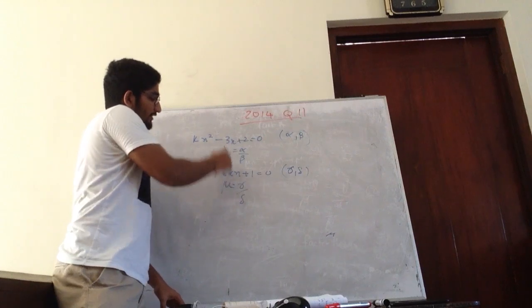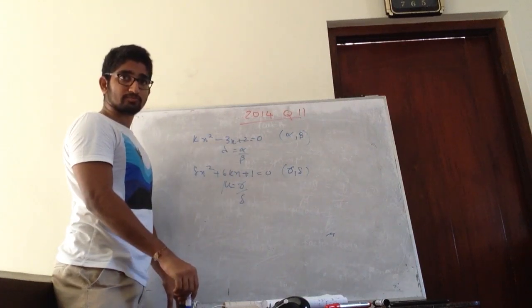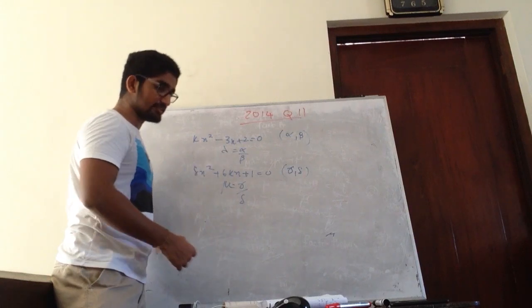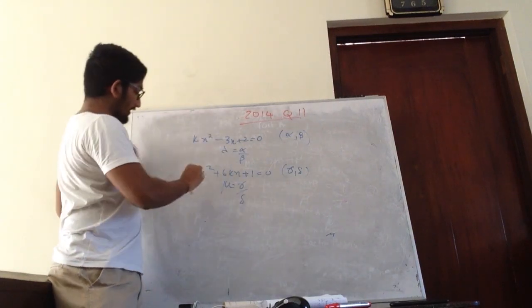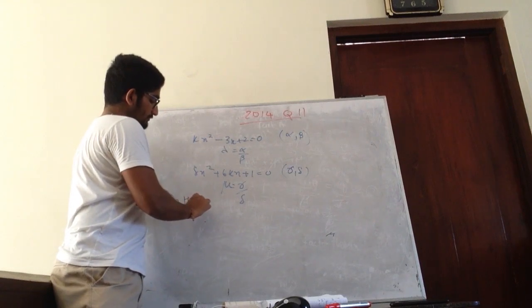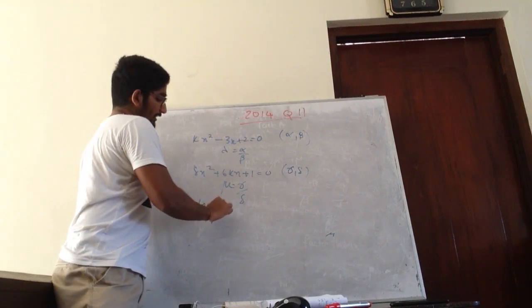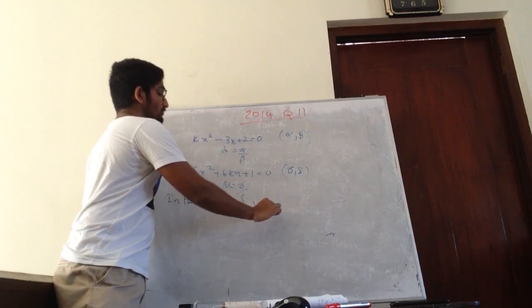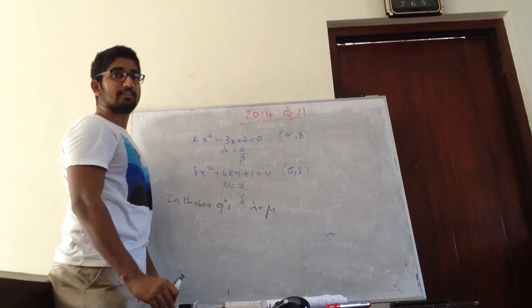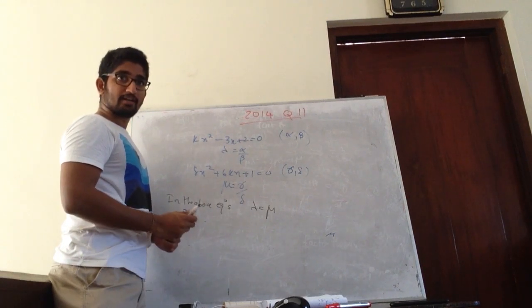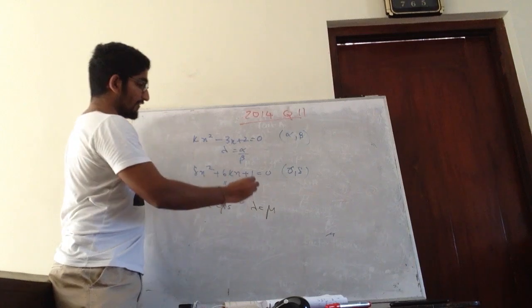That means these are the ratios. So basically, what they are saying is, in the above equations, lambda is equal to mu. That is what they are saying, right? So that means, therefore,